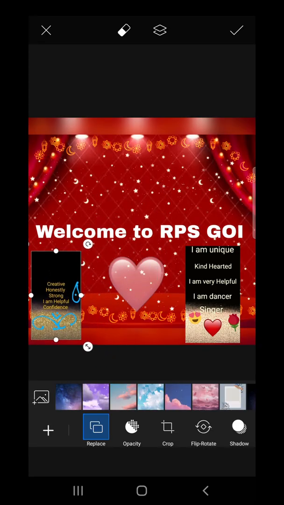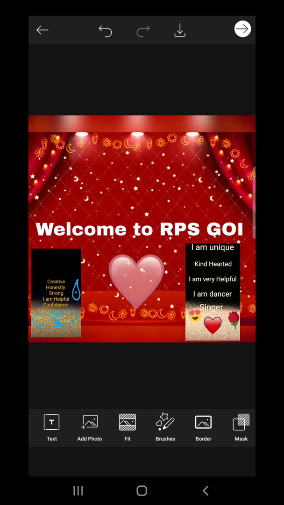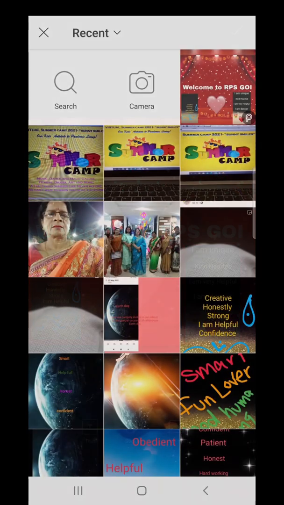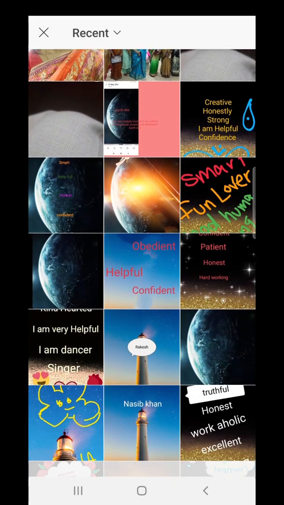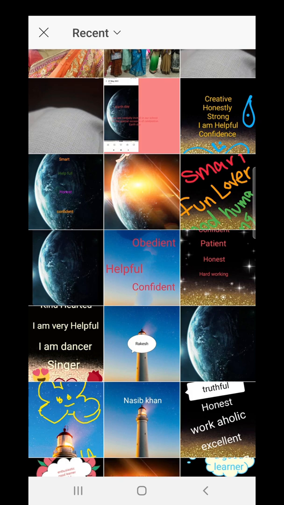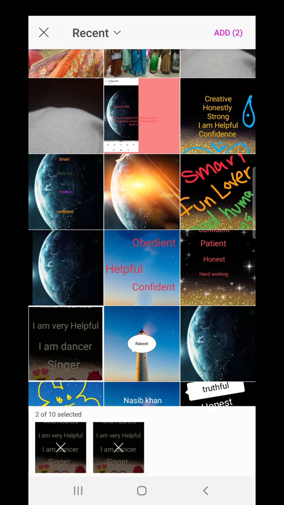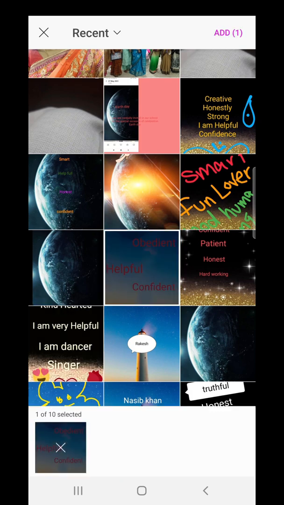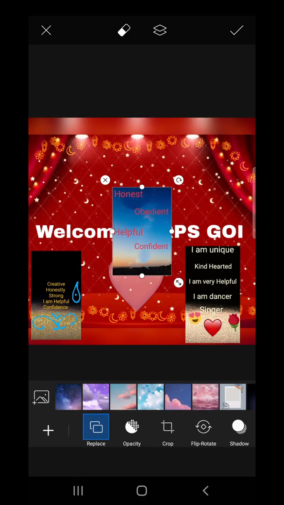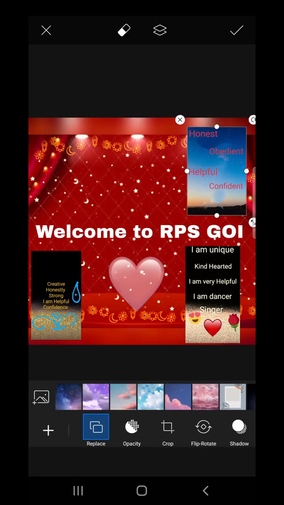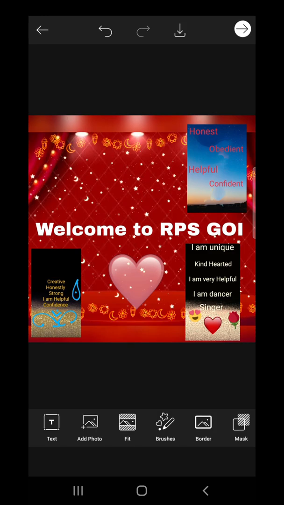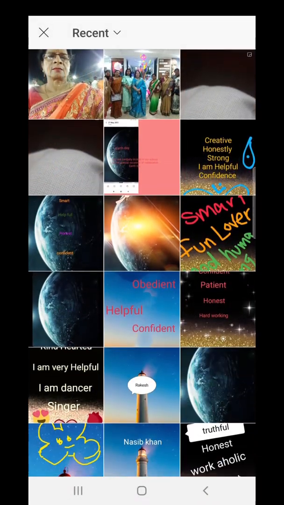So you see how beautifully I'm able to present it using this option, add photo. Again, I want to add some more to it. Alright, and one more I'll add. So that will complete my pic actually.